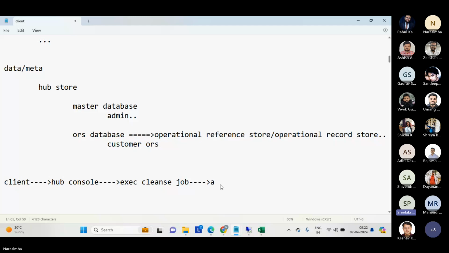The app server, JBoss app server. Yes. First thing, the app server, to be precise. So let's say we are using JBoss. Then which server? The cleanse server. Yes. Then